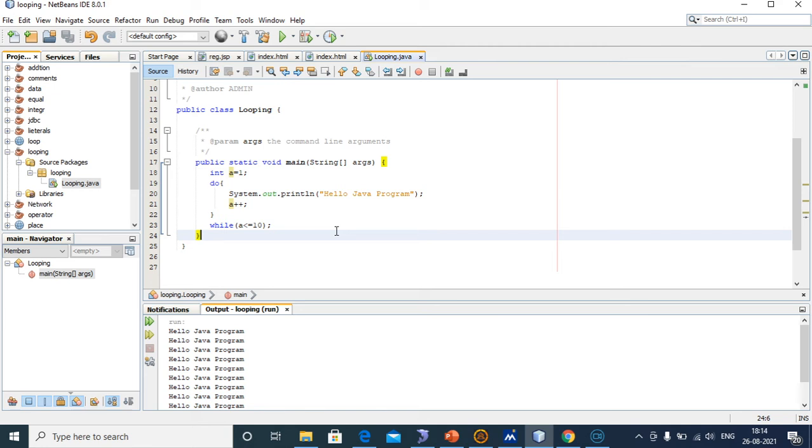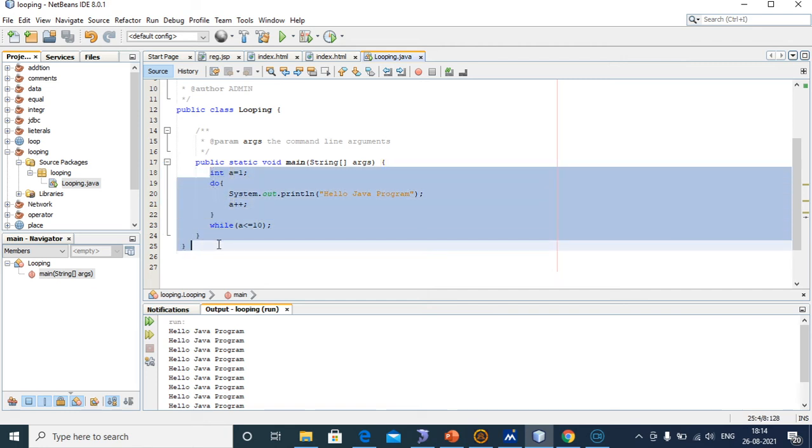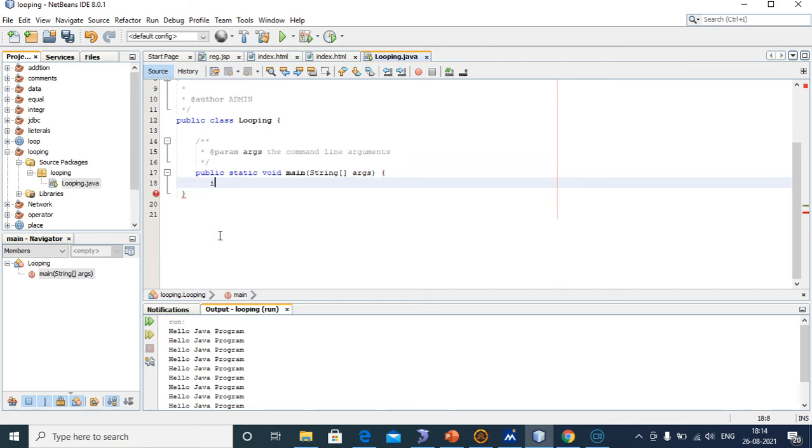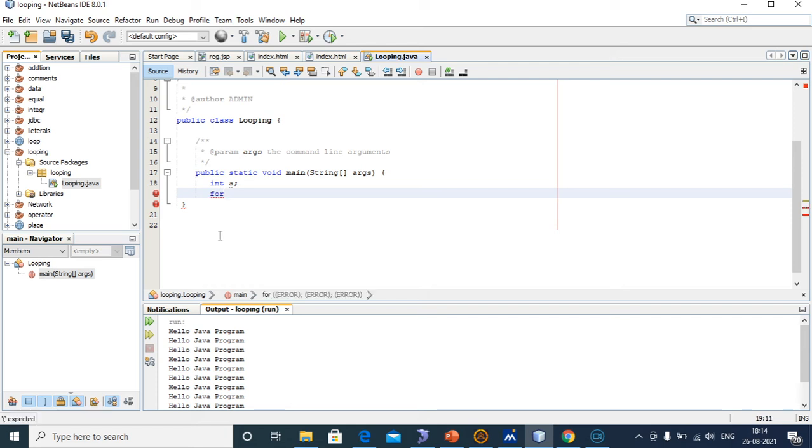If it is a break statement, for example, int a, I will take a for loop: i equal to 1, i less than or equal to 10, i plus plus. I will give the for loop condition.